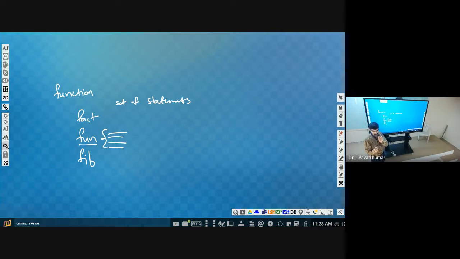By using this name only we are identifying, right? So it is also an identifier. For an identifier we have discussed that some rules we have to follow. We should start with an alphabet in general. We should not start with a number, we should not start with a digit. We should not have names like 1FUN or 9fact. These kinds of function names are not allowed. This is not a valid identifier.